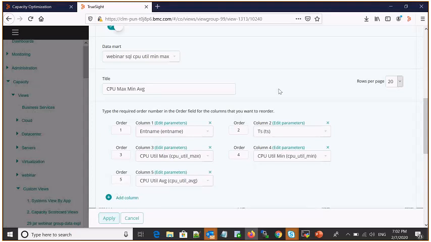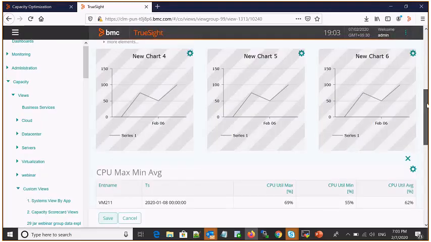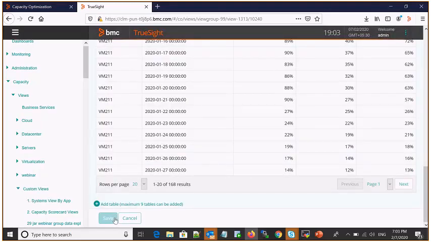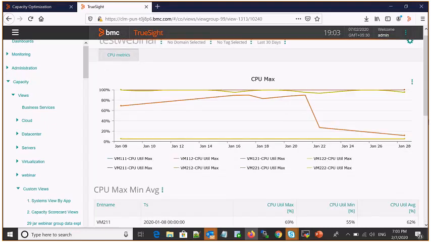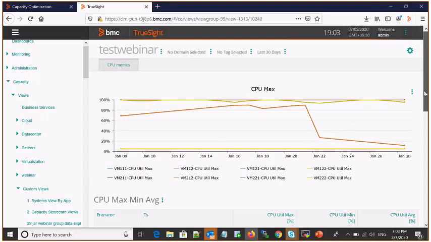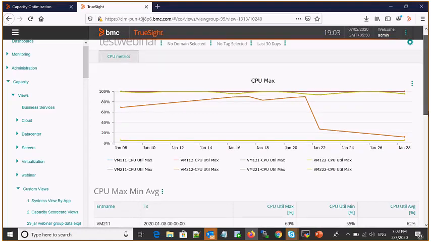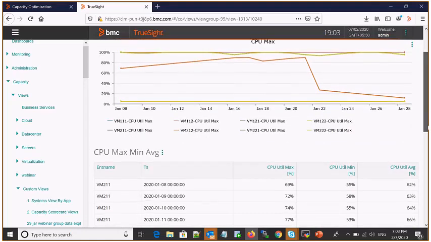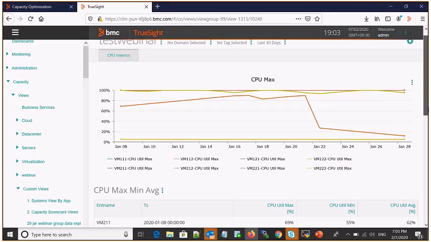Right, so it will reorder. I'll just say apply, and then I will try to save this. So as you can see over here, for a given set of systems, let's say you want to look at the same set of systems every day, and then would like to know what has been the CPU max value for the last day or so. In that case you can use this view, and then in one shot you can get data for the last whatever duration you have defined in